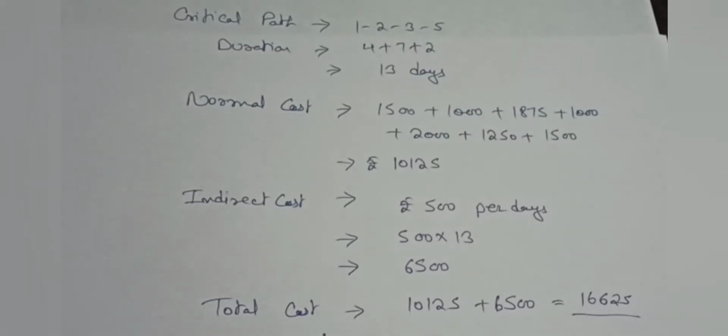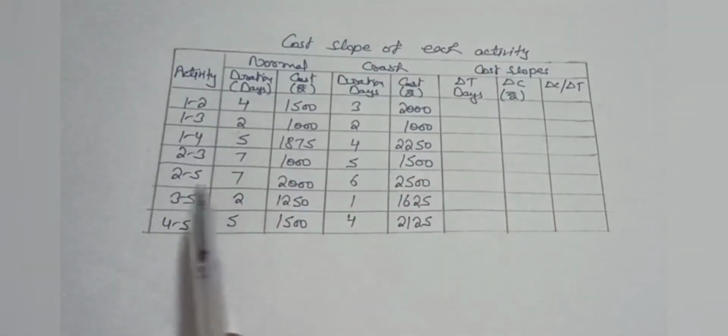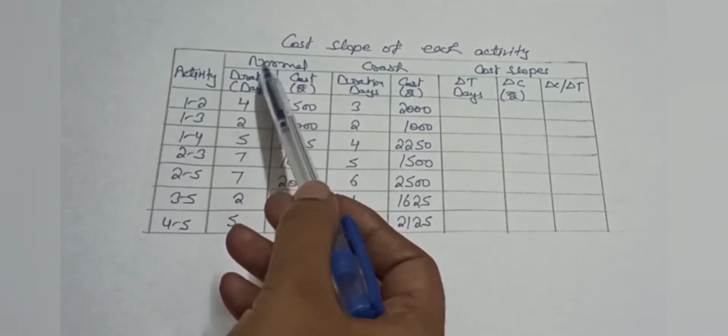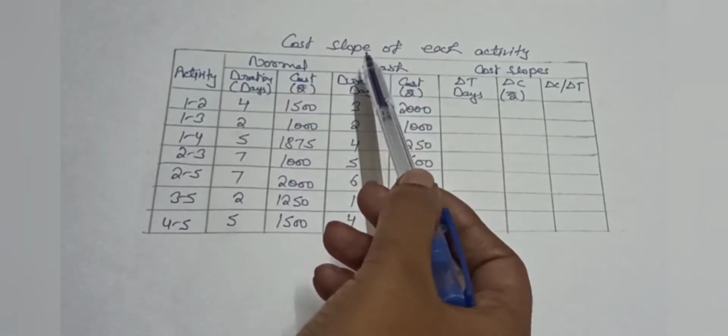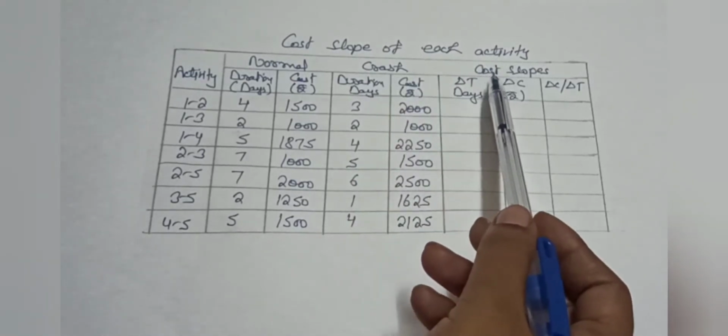We have to move to our third point. We have to find the optimum duration and the resultant cost of the project. So we have to crash the activities so we can get our optimum duration and minimum cost. So we will solve this chart. In this chart we have given activities. This is our normal time, this is normal cost, and this is column of crash duration, and this is crash cost. Now we have to calculate cost slope.